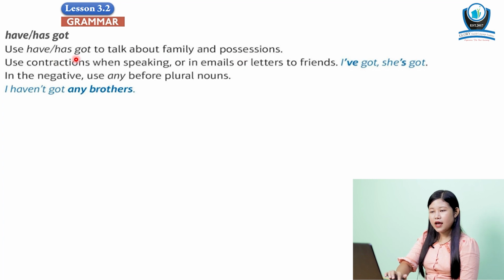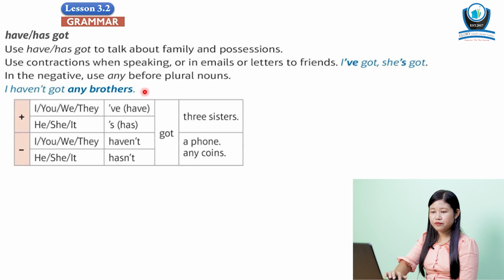have got / has got ကိုသုံးတယ်။ စကားပြောတဲ့အခါသို့မဟုတ် သူငယ်ချင်းတွေဆီ email သို့မဟုတ် letter တွေပို့တဲ့အခါ contractions တွေကိုသုံးတယ်။ for example I've got, she's got. negative sentence မှာဆို plural nouns တွေရဲ့အရှေ့မှာ any ကိုသုံးတယ်။ for example I haven't got any brothers. ဒီဘက်ကိုကြည့်ကြည့်ရအောင်။ affirmative: I, you, we, they have got 3